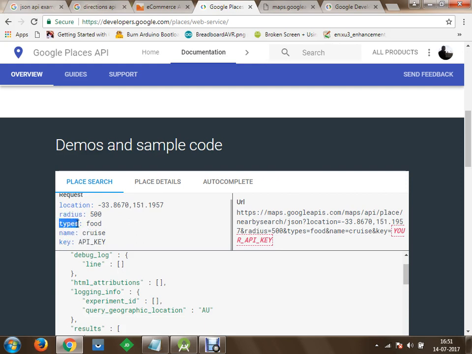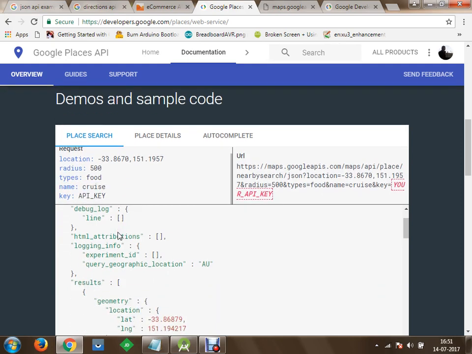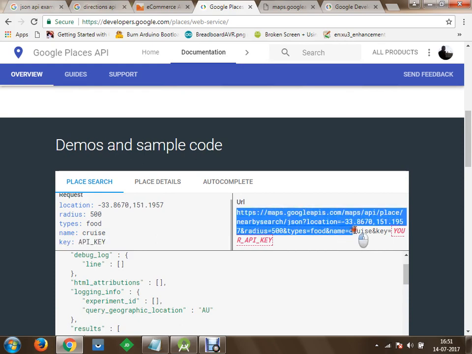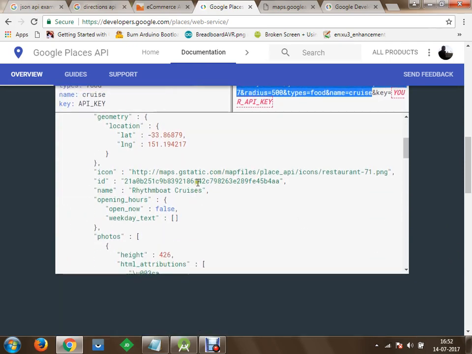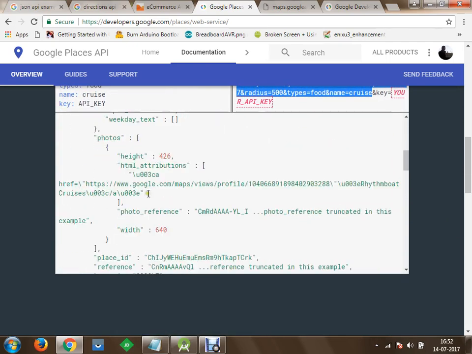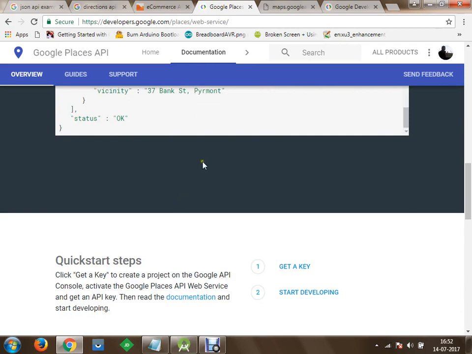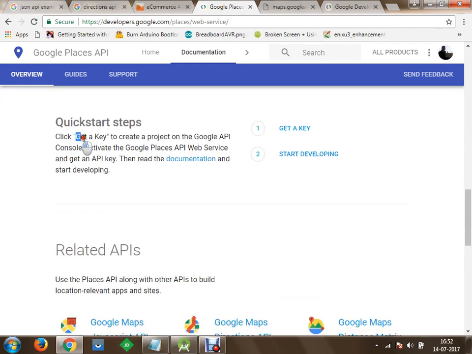You can specify a place of interest, and you can search for food, and you can search for other different things. Then you have to specify the name of what you are looking for, and finally you have to specify an API key. Using this API key, Google will allow you to communicate to this API service and get the response. Once you execute this query, you can send a GET request with all the information attached within it, and finally you are going to get a JSON response somewhat like this. We are going to read this JSON response and display it in our application.